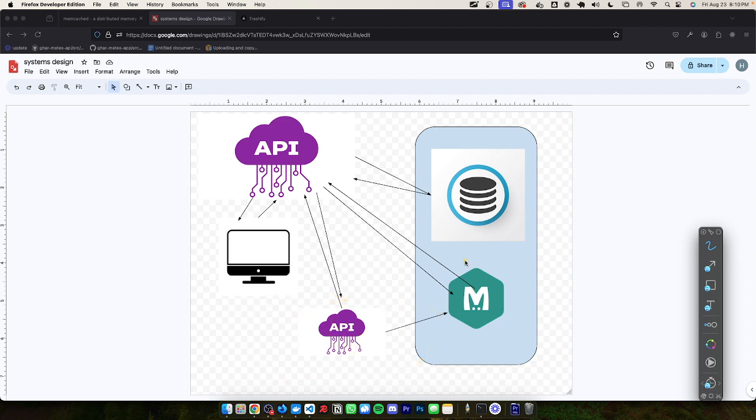All right, so that's why I decided to implement this caching system through Memcached. Now there are other ways that I could have done this. I could have used Redis, and there are also